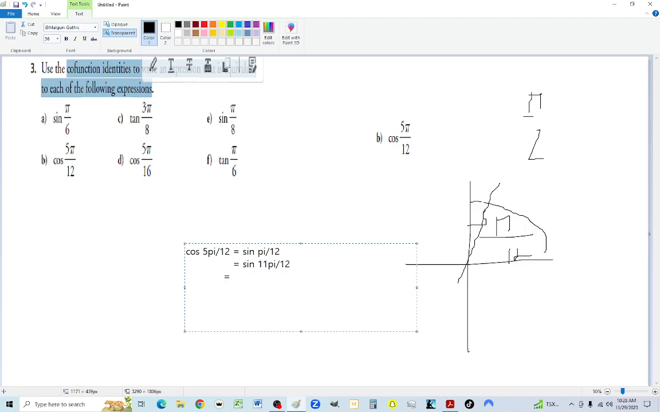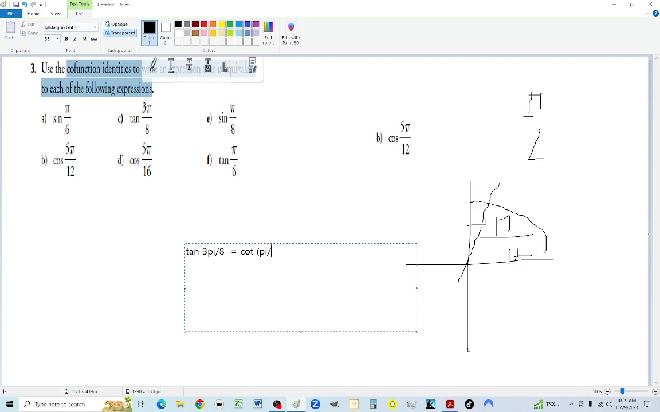You can just keep going. So negative sine of 13 pi over 12, and negative sine of 11 pi over 12. That last one I didn't quite get right. Yeah, this last one is 23 pi over 12. There we go. What about tan of 3 pi over 8? It is going to be equal to the cotan of